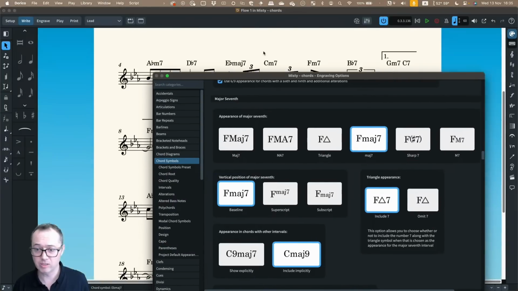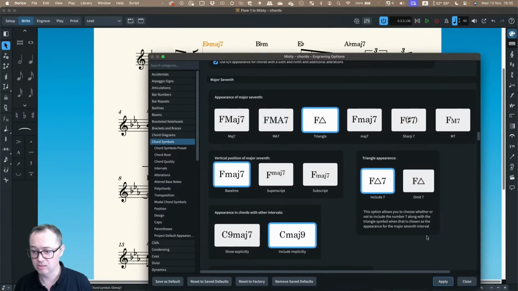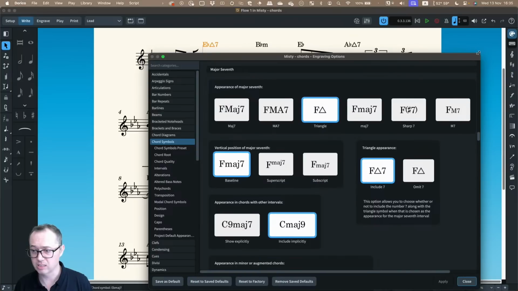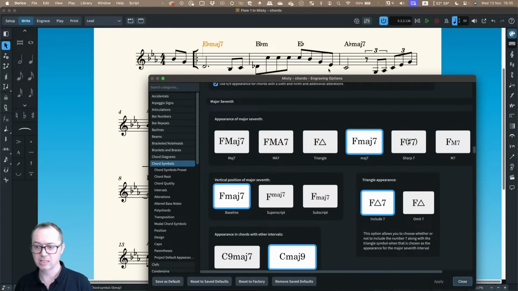So at the beginning of this piece, where I've got this E flat major 7, if I wanted to say triangle with a 7, then I can do this. I can press apply. I can resize this dialogue a little if I need to as well. So now I've got E flat triangle 7. If I don't want the 7, then I can use this and I can remove it. You see, it's also done this one over here. So this is where you can change the settings, at least to start with,